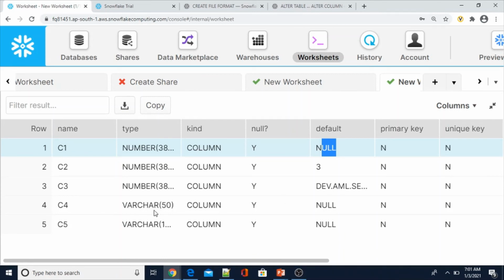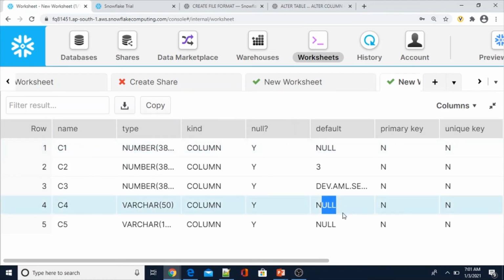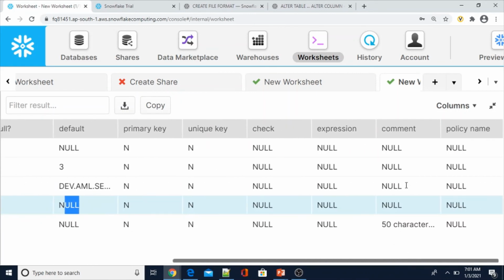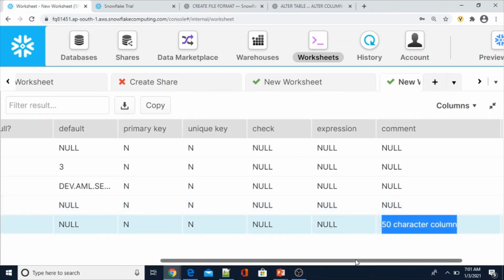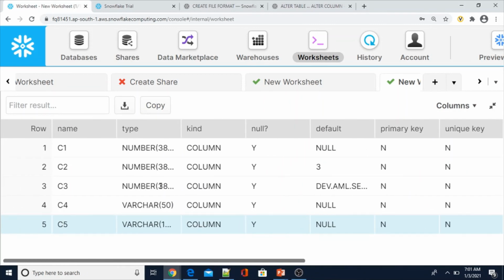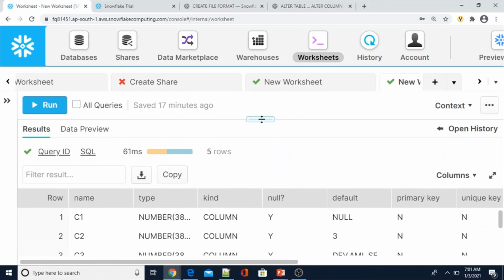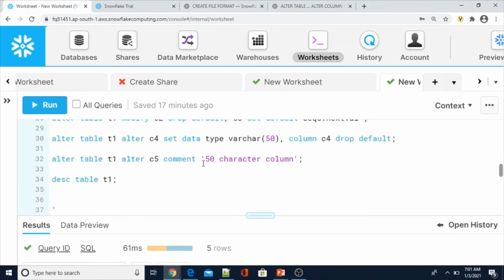And C4 varchar, we had a default value ABCDE, now that has been changed. And C5, we have added column comments here. I didn't show you, but earlier it was null, now the column comments are added to this column 5. Okay, let me go again, we will do some more changes and then check it.